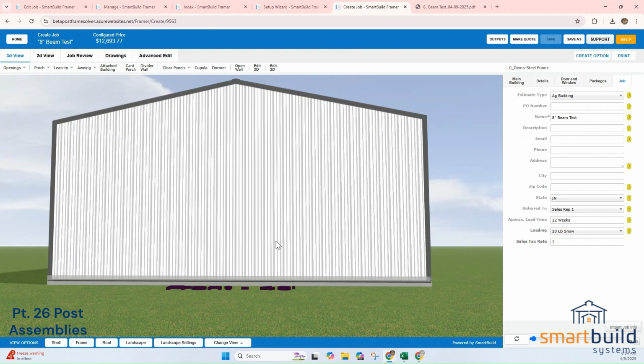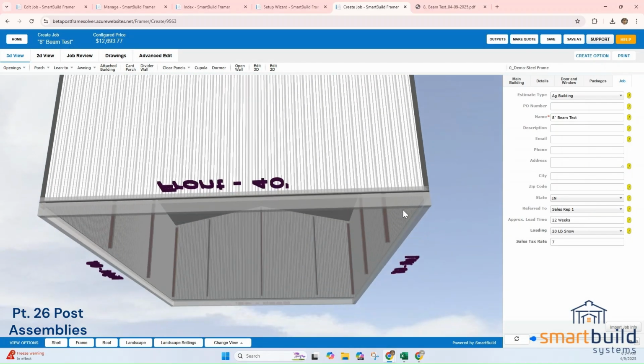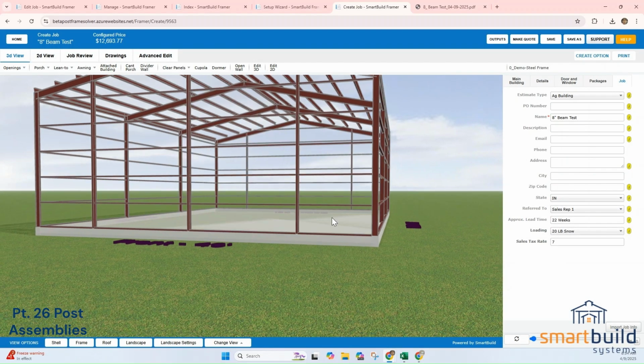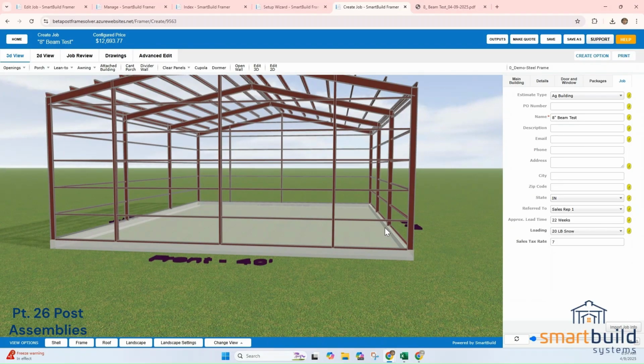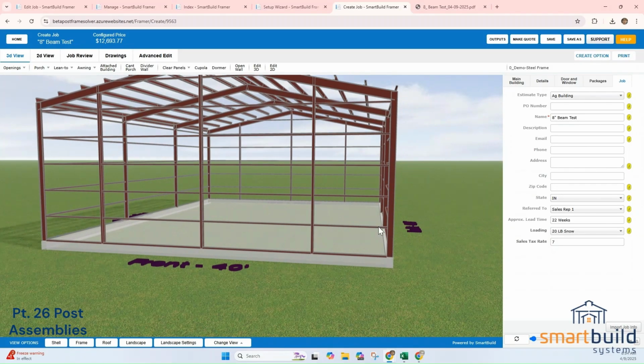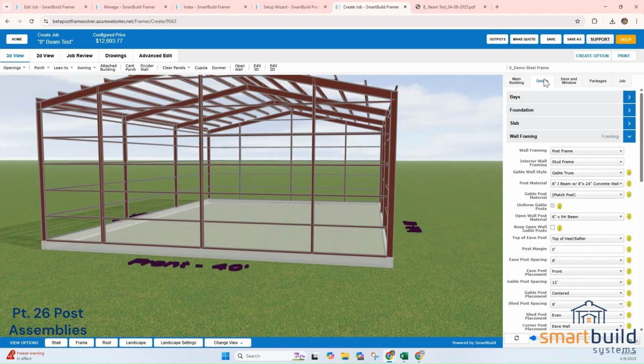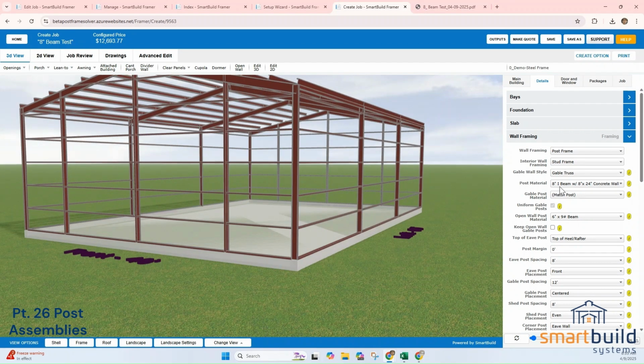So if we look at a project like this where we're using an I-beam type frame, the thing with it is maybe you're not adding all these different things to it, but you do need to automatically size the foundation, the footing, and that's how this can be nice, along with other brackets that may come with it. In this case, when I go to my details and my wall framing and I select my beam size, or again, as we're going to talk about span tables at the end, maybe we're going to automate the post size with a span table. In this case, I'm just selecting it manually from the job,